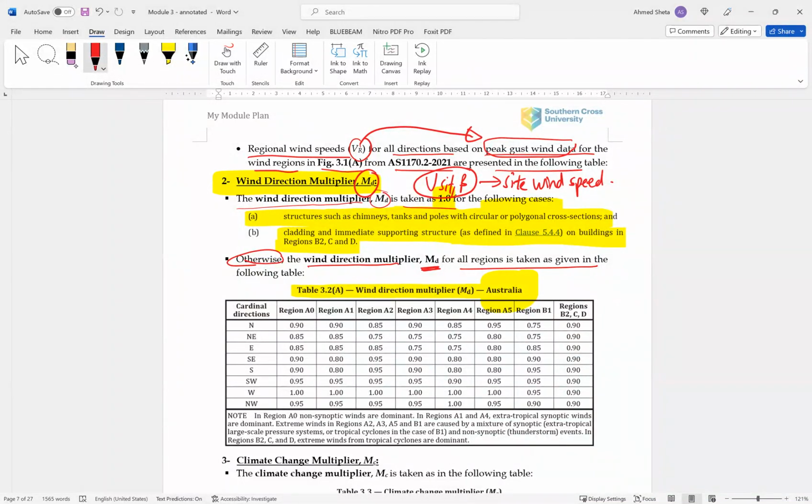I did always mention that it is in Australia, because this is standard also for New Zealand. So there are some parts for New Zealand. Okay, so now